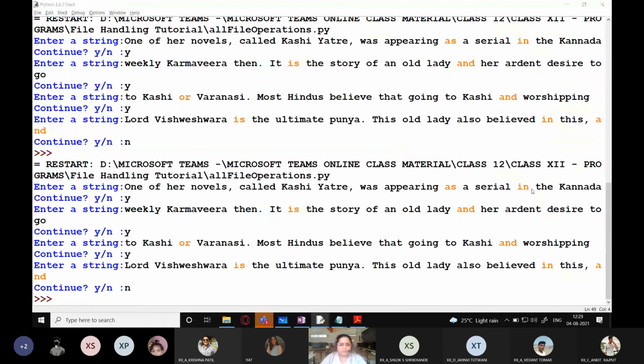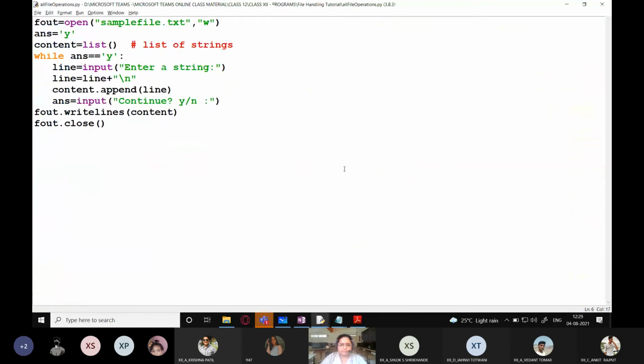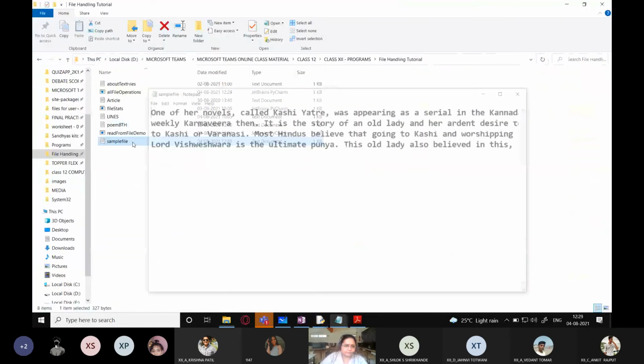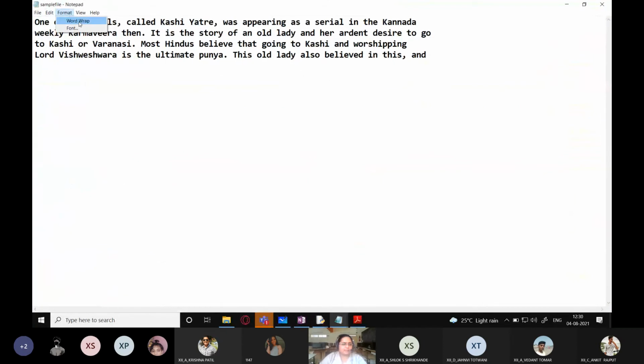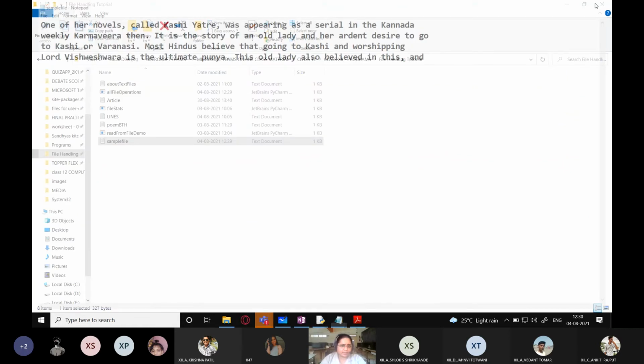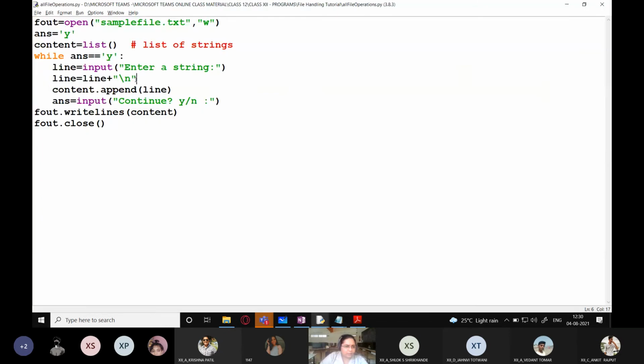No. And let's go back to our file. And now you can see I have not enabled word wrap, but all my lines are on separate lines. So in this case, it doesn't automatically take up the new line character. Rather, you have to add this new line character to the string object.